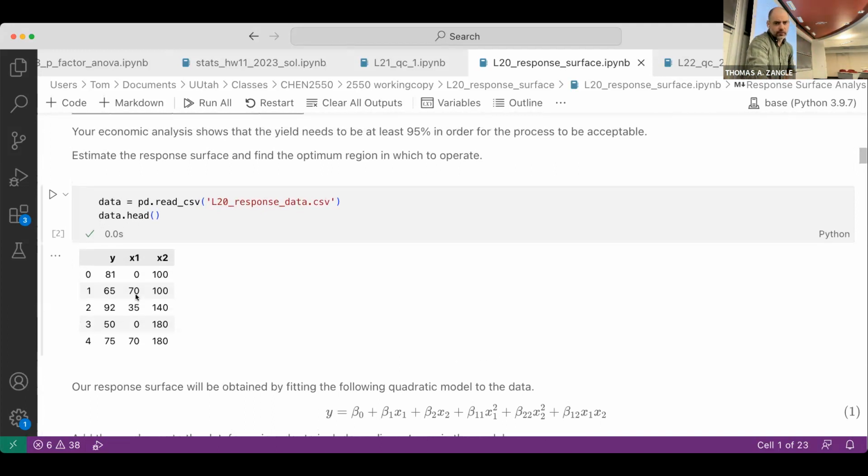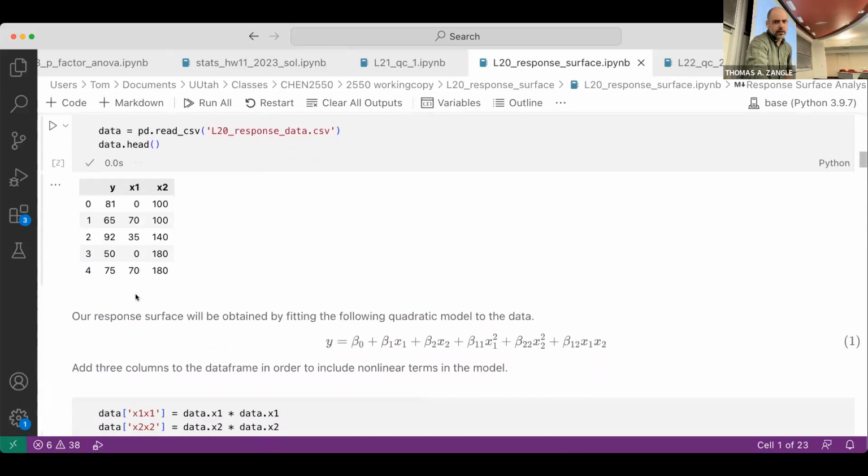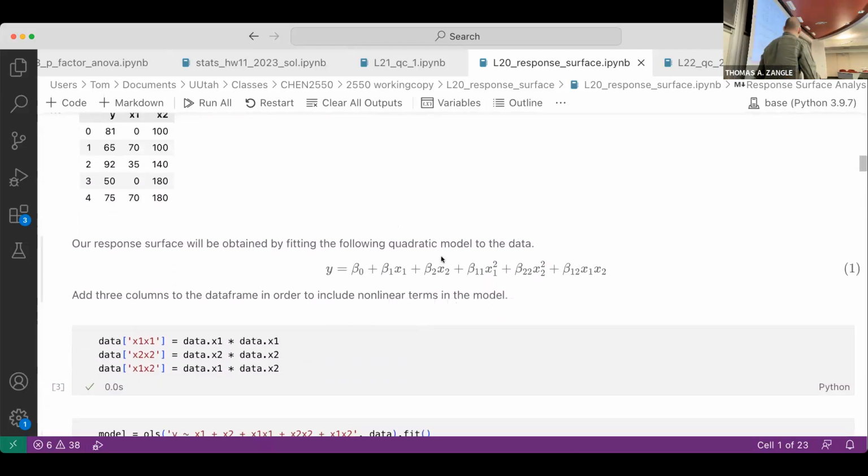This is what the start of that looks like. Same results we have up above. And what we're going to be fitting to is a second order response surface that looks like this. So we have some set of parameters, beta, and we're going to fit to some offset, beta not, plus beta 1 times x1, beta 2 times x2, right? So those are the linear contributions of each of the individual parameters. We have these quadratic contributions of each parameter, and then the interaction between the two parameters, right? And so that's going to define our parabolic surface